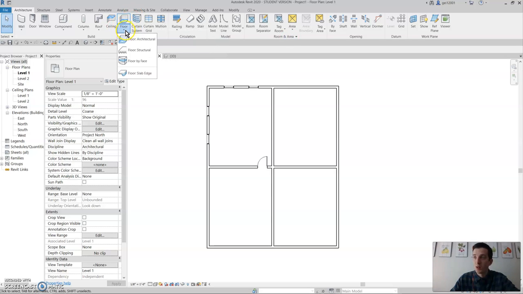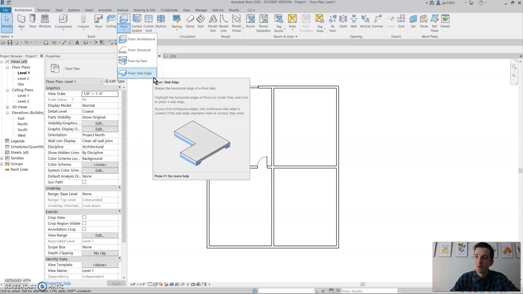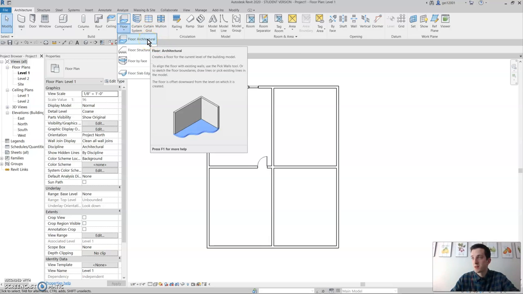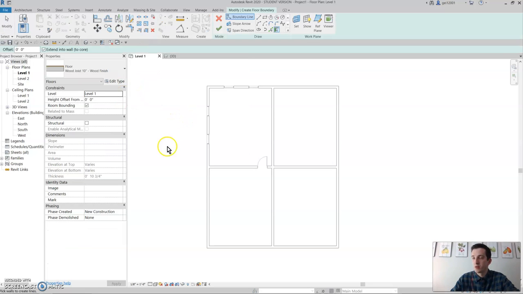That has a little click down button. You can do floor by architectural, floor by structural, floor by face, or floor by slab edge. You can kind of understand the idea of these by what they mean. So I'm just going to use floor by architectural because you can kind of see what it does here, and it's kind of a nice tool here. So it brings up on your properties palette